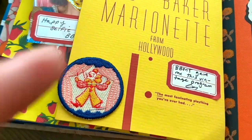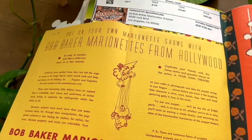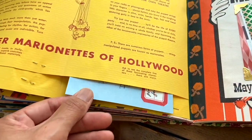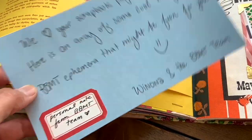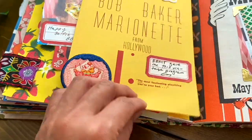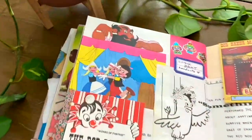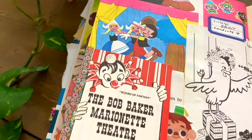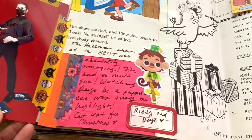My experience at the theater is always wonderful. The puppeteers amaze me with their talent, and I feel so lucky to live so close that I can go so often, and I cannot wait to go for the Christmas shows. I think I'm actually going to go to a couple, so if you are local to LA, do not miss going to their theater. They do have some holiday shows coming, and they also have a new book available for pre-order. So head over to their website. I've linked it down below. I am definitely going to purchase one, and so I would encourage you to support this